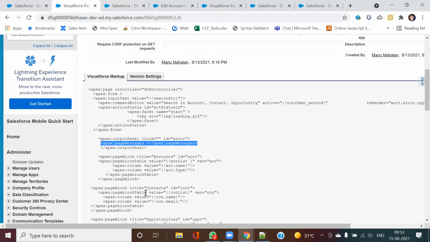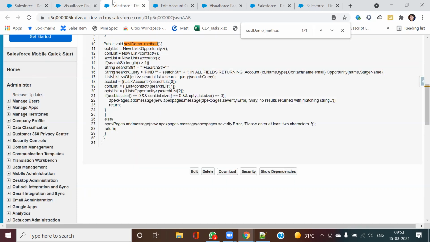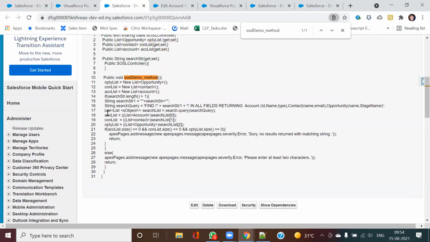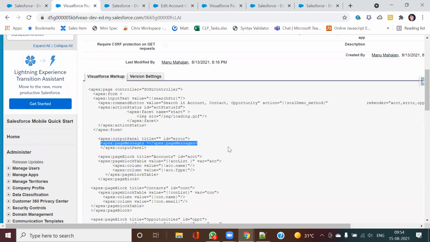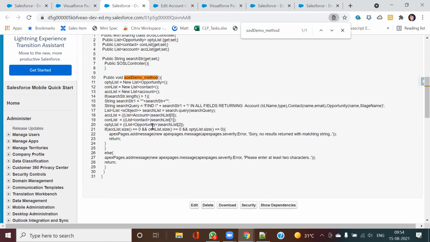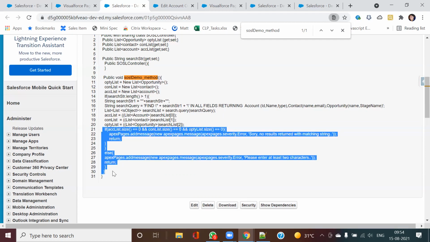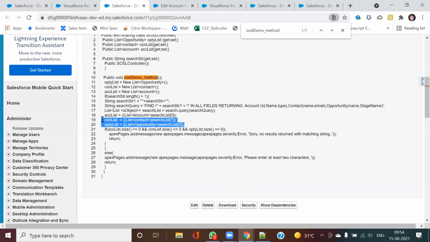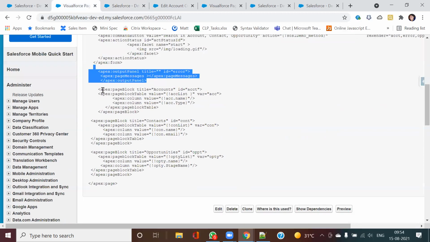So for an error message, you need to do 2 things. In the controller, you need to do this: ApexPages.addMessages with your message. And in order to display it on the page, you need to use this tag. Okay, this was the error. Now assuming this part did not get executed, like in our example, the integration was returned. So here the value was put in, and after that, this is how it's displayed.